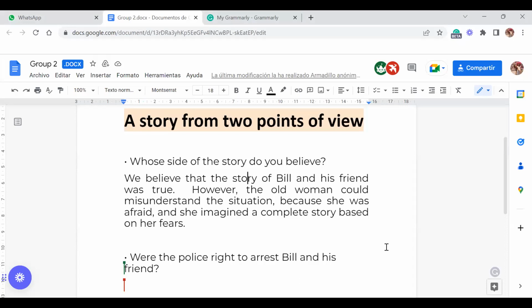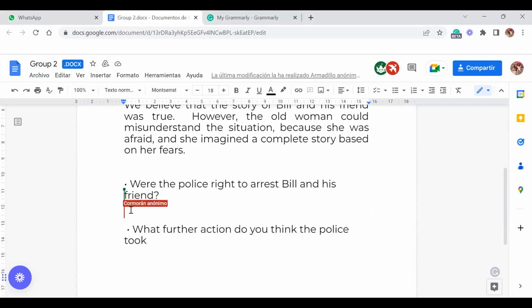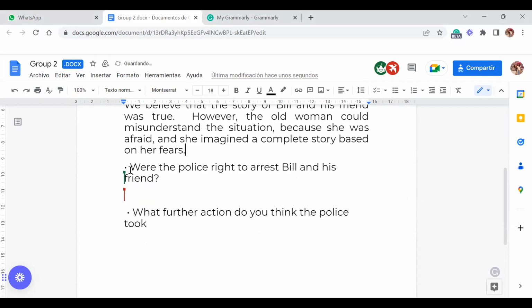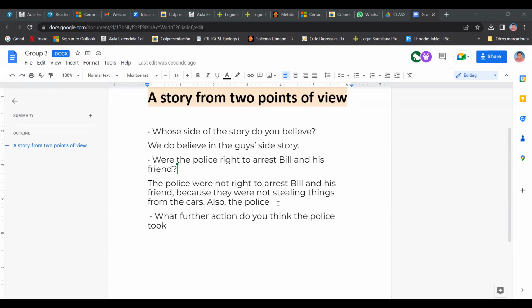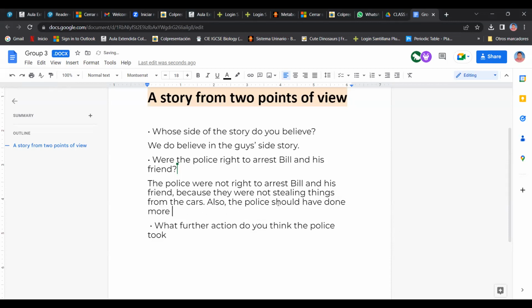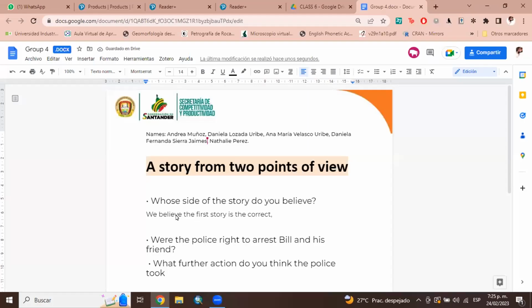Were the police right to arrest him and his friend? I think no, because they weren't drunk. I think that it was a mistake. The police should have done more questions about the situation. The story we believe is correct is the first story, because maybe the older woman